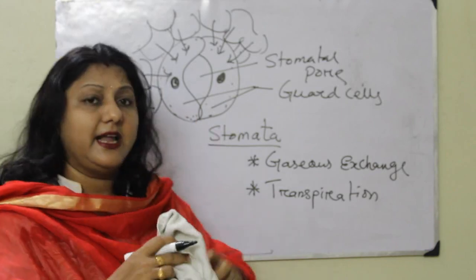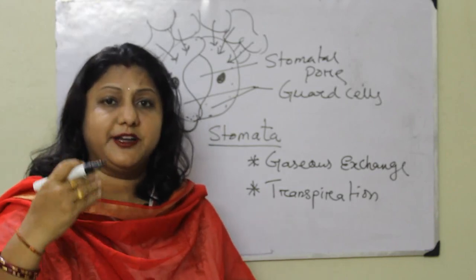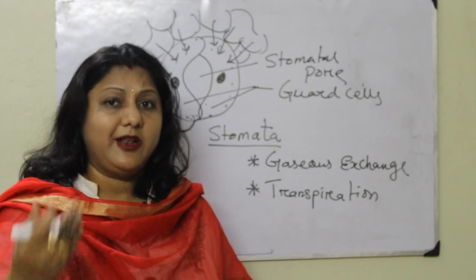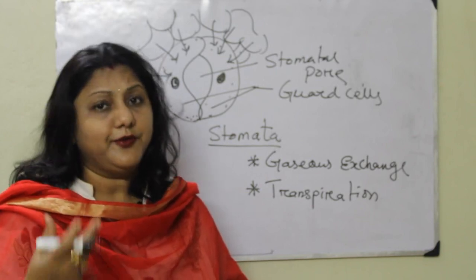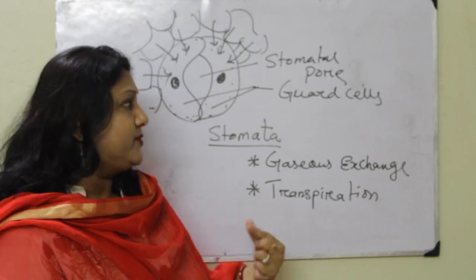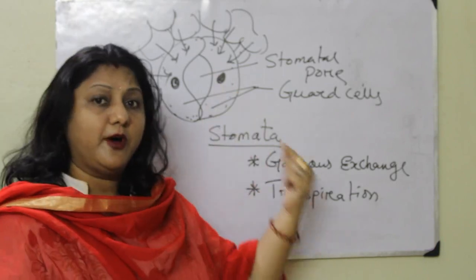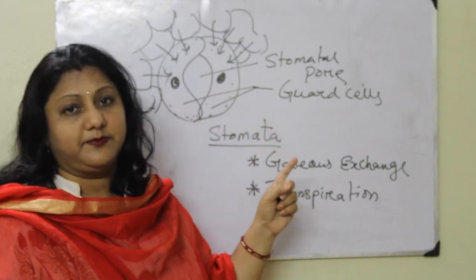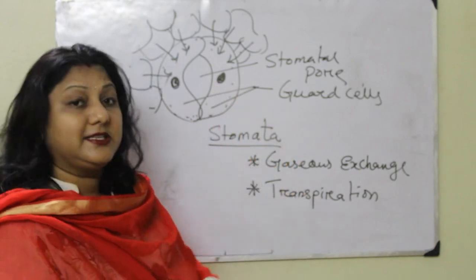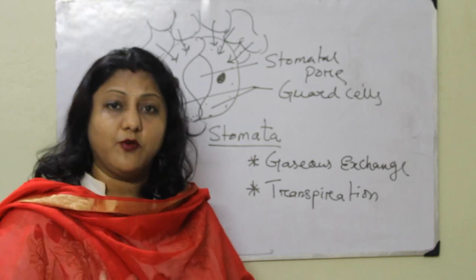Suppose the guard cell has lost water by transpiration, then what will happen to the guard cell? The guard cell has less concentration of water molecules. Now what is going to happen? The water from the higher concentration area will try to move into the guard cell. Now when the guard cell is filled with more and more water,